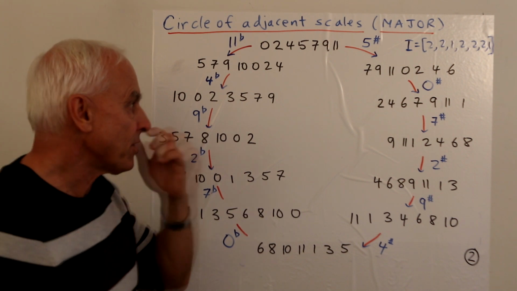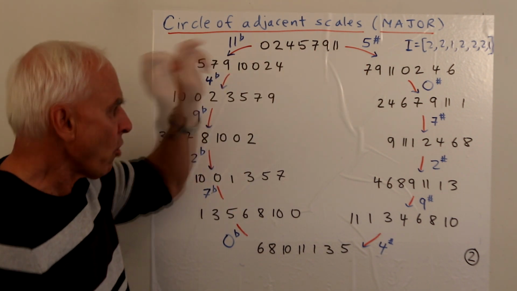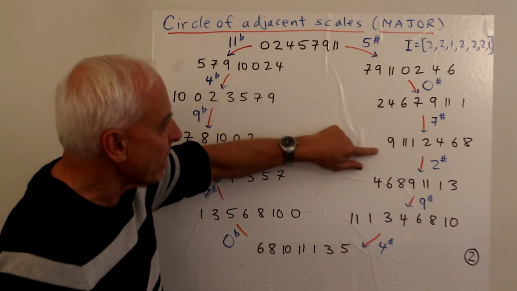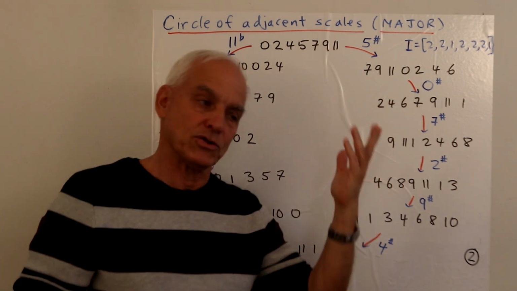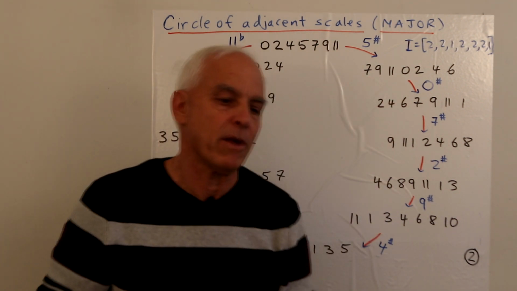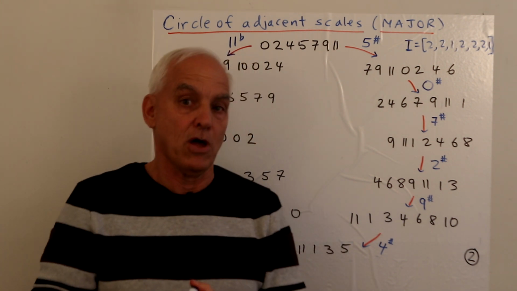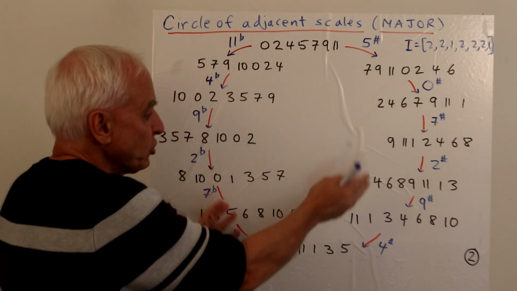Okay, so you can go from here to here. That's a very nice step, or from here to here, or maybe you can go from here to here. Okay, in which case maybe to get back you might want to go back like this. Okay, so that's really the circle of fifths or circle of fourths, depending on how you want to think about it. That's really a very key sort of structural feature in a lot of music, both classical and modern. That's really being captured here.